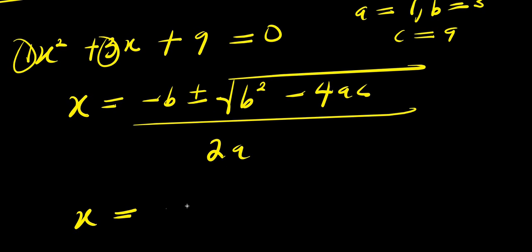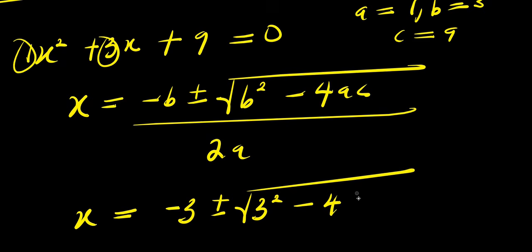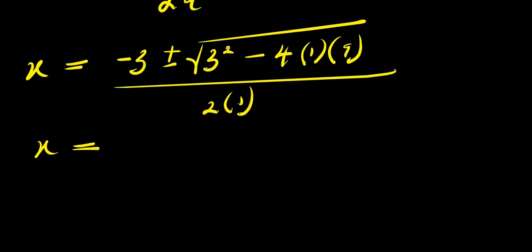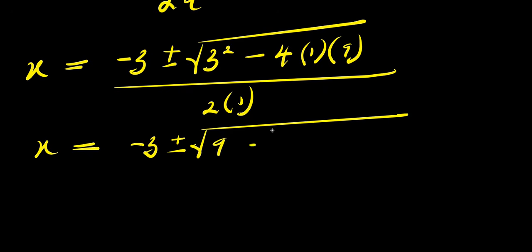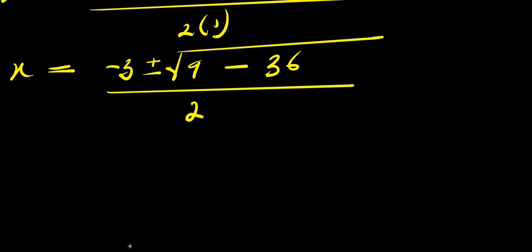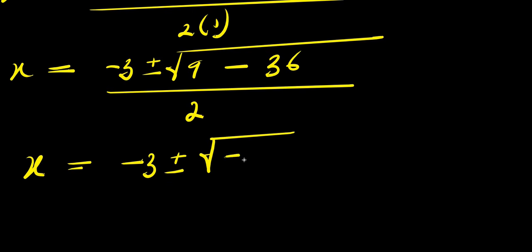We have x equals negative 3 plus or minus the square root of 3 squared minus 4 times 1 times 9, divided by 2 times 1. So we have x equals negative 3 plus or minus square root of 9 minus 4 times 9, which is 36, divided by 2. From here, we have x equals negative 3 plus or minus the square root of negative 27